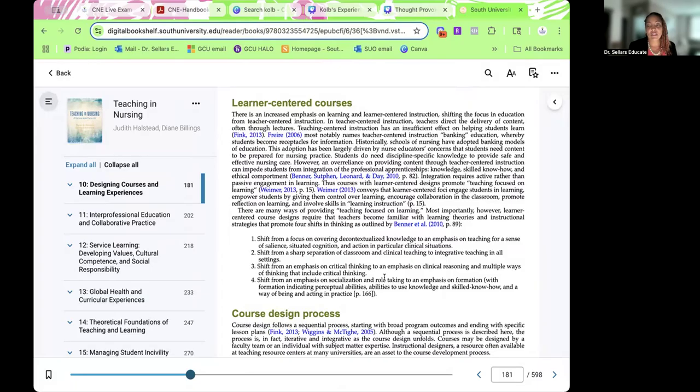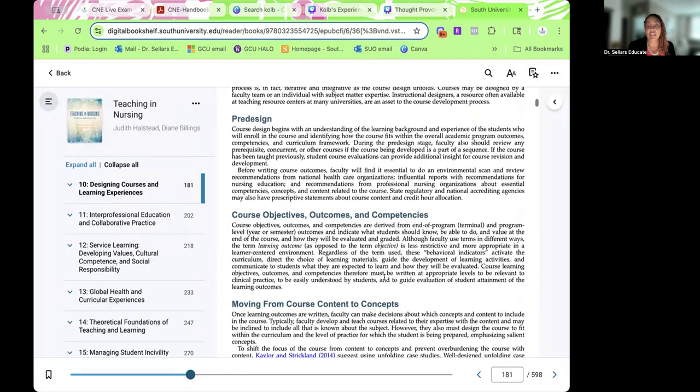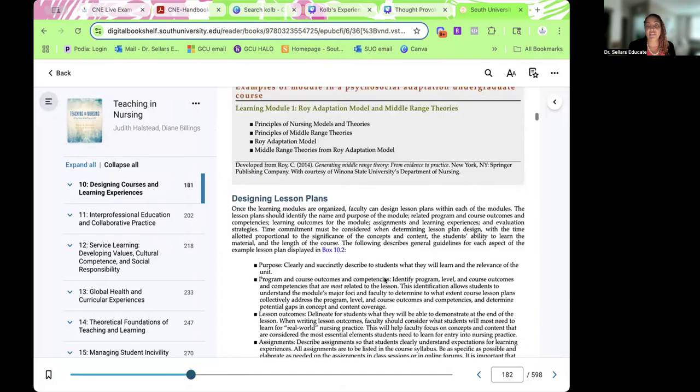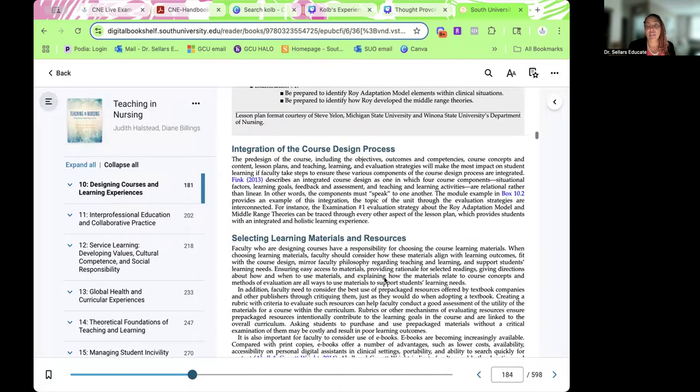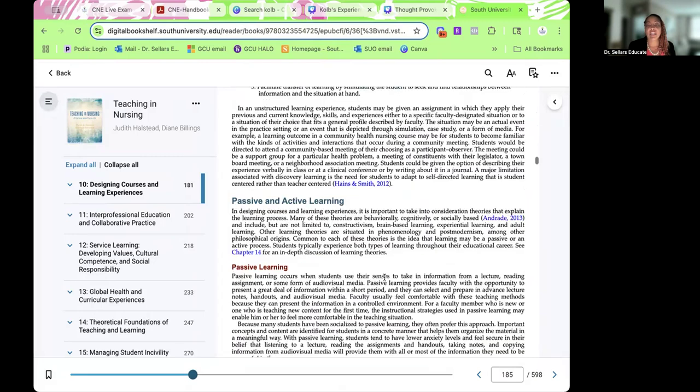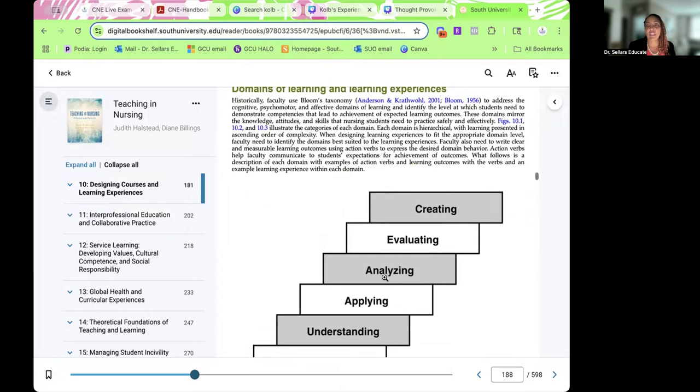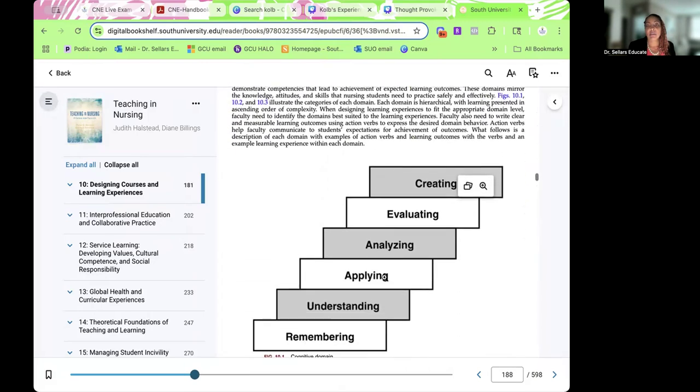All right, so last but not least, we didn't even get to our presentation slides, but that's okay. The most important part is that you're walking away with knowledgeable content and concepts that are going to help you achieve that passing score. So you have your homework. Starting on page 181 gives you a great overview of the learner-centered model and what's important. And then you're going to continue to pages 188 through 190 that you see here, the domains of learning and